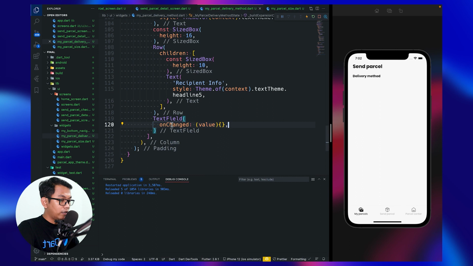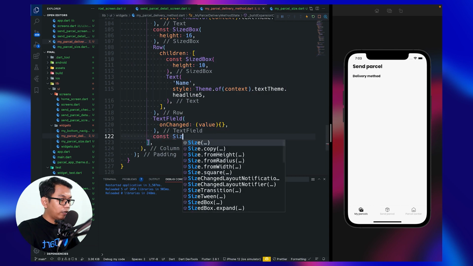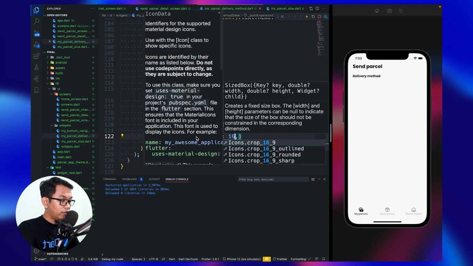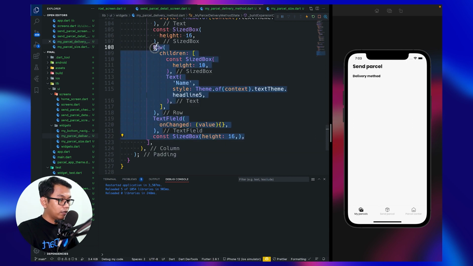All right, look like this, and we just need to change this to name, and right here, copy this. But before that we need to add SizedBox again, 16, and now we can copy this,